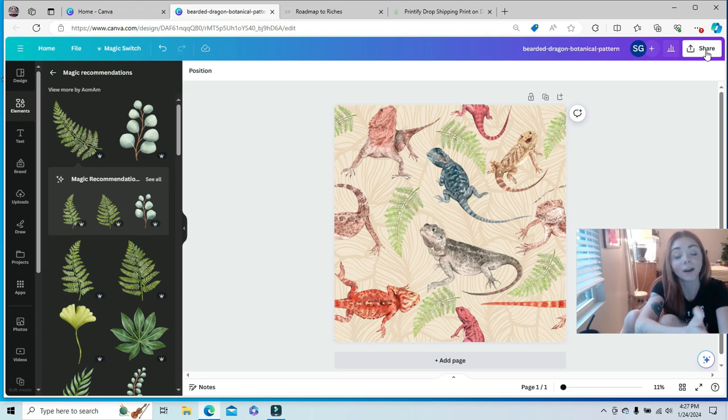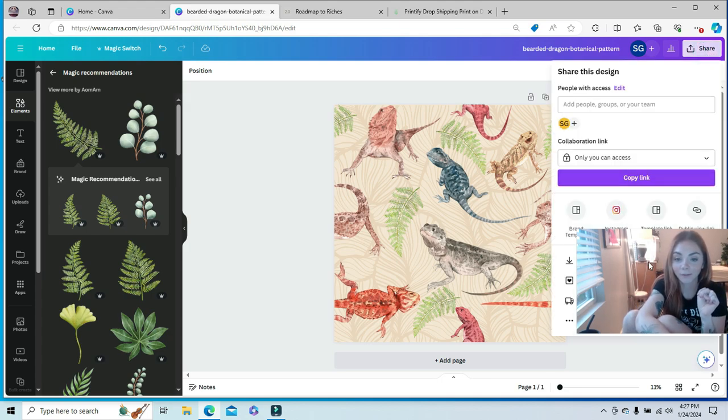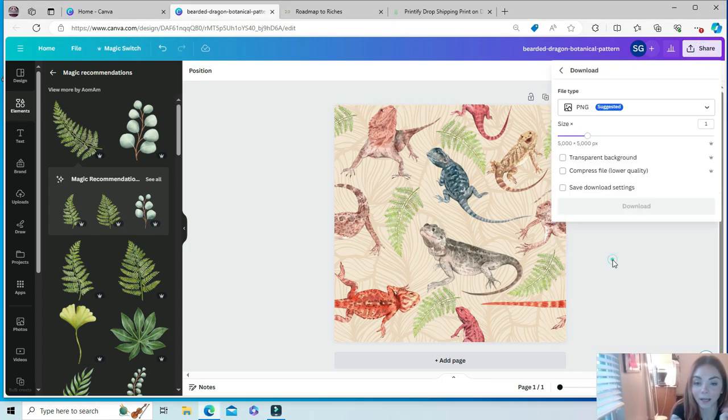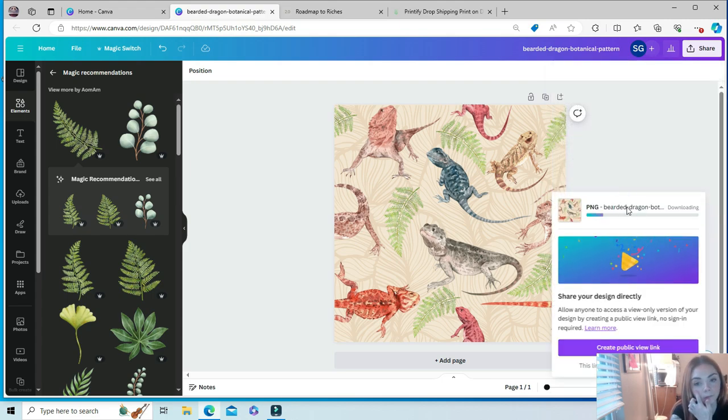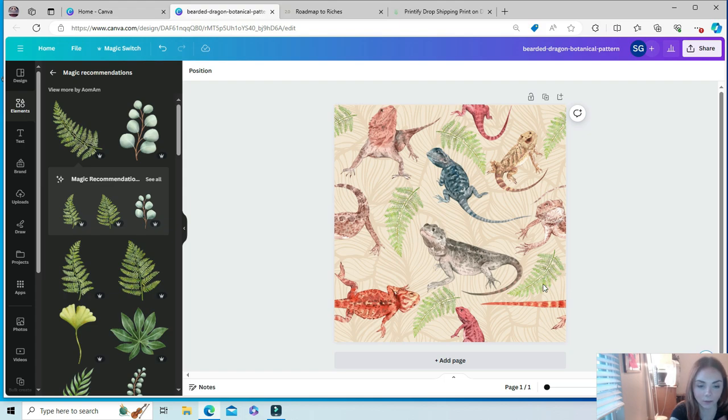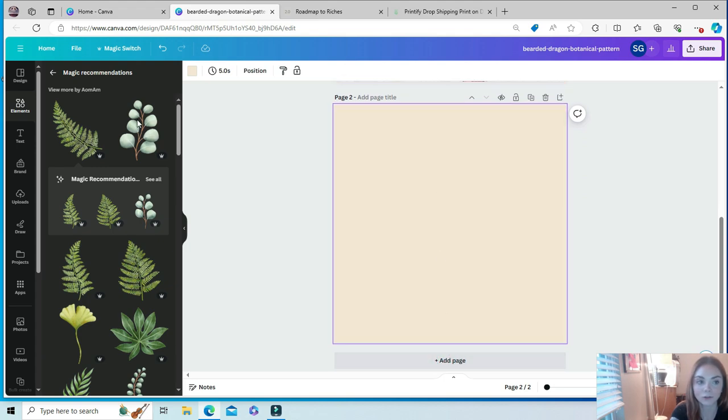Okay, then first step in creating, well, I guess this is the second step. So first step is to obviously create your design. Second step would be to share, download as a PNG file. Okay, so we're going to download this. So this is downloading into my computer. Okay, so after that downloads to my computer, I'm going to, on this same page, select add a page, and